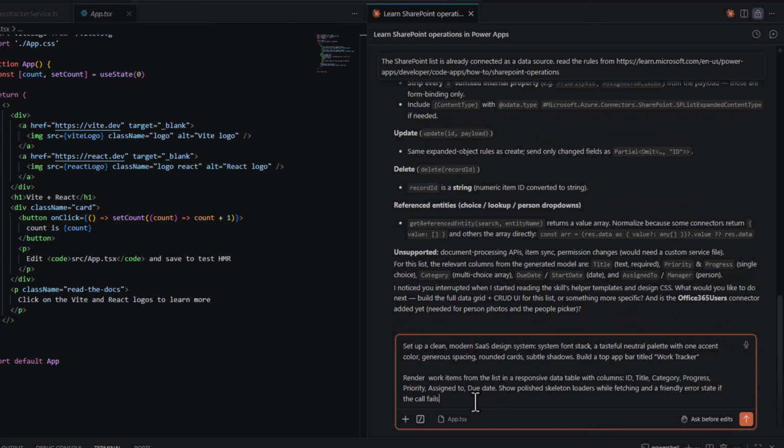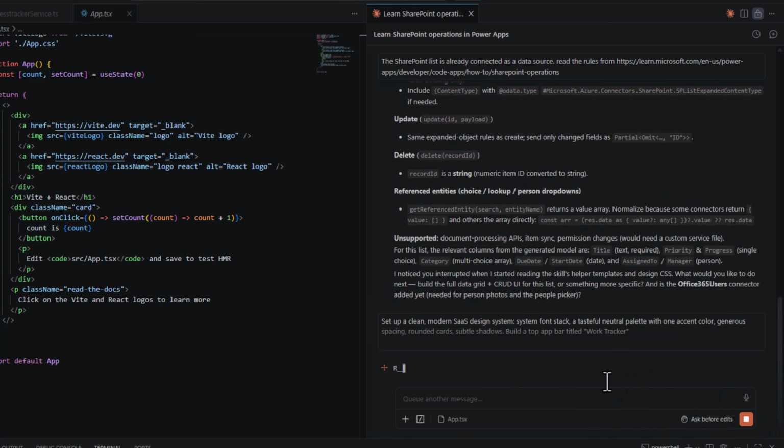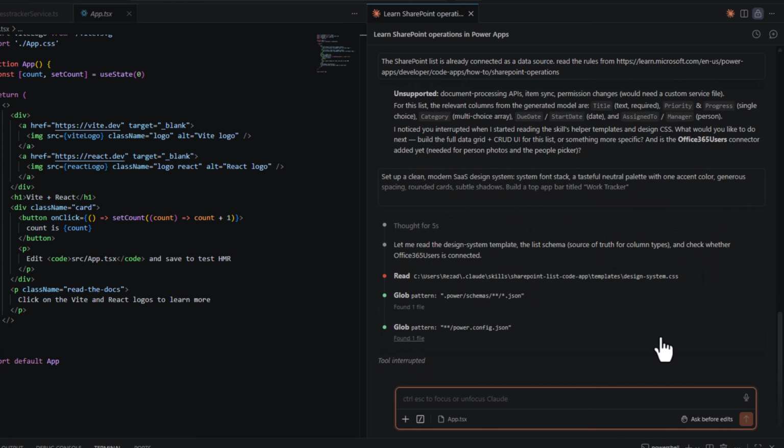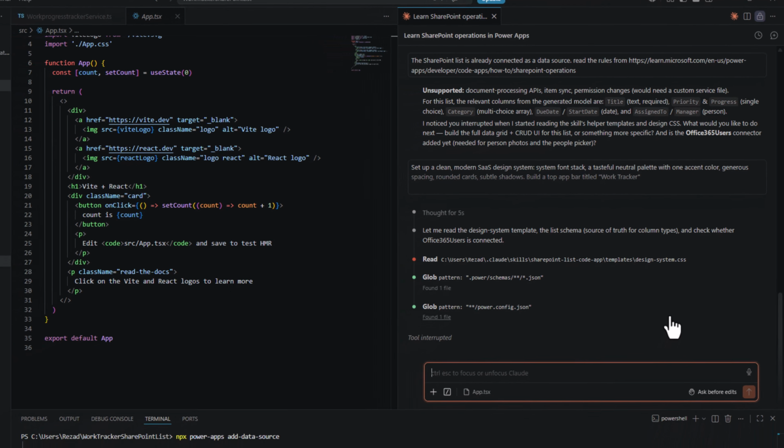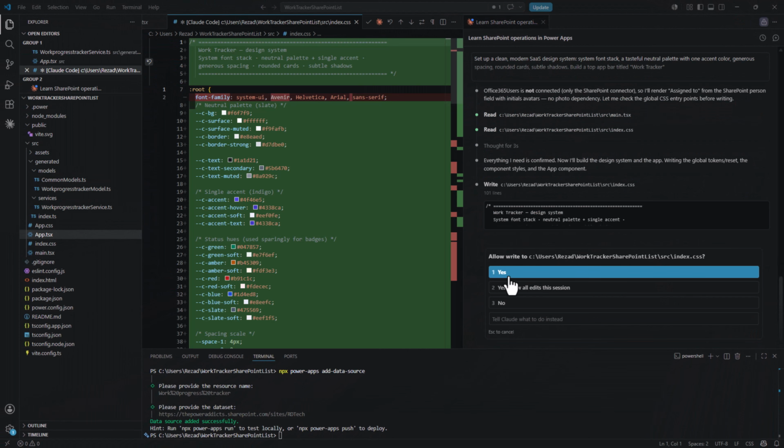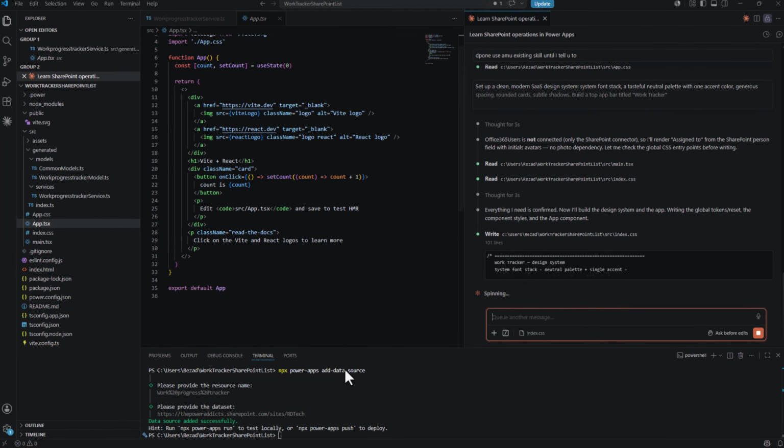Next step, I'll ask it to create a modern looking app based on my work tracker list. And I wanted to render the list in a table-like format with the following columns. So I've asked Claude to go ahead and start writing the React code for me. So it's starting to write the code. While it does that,